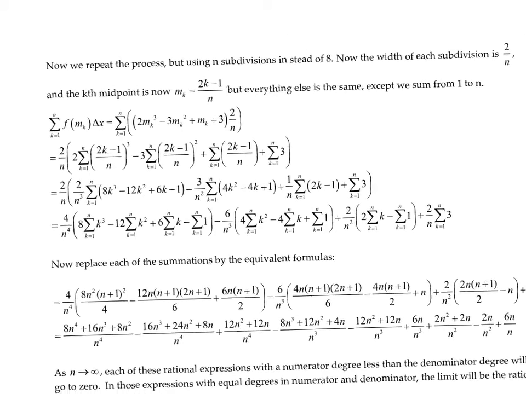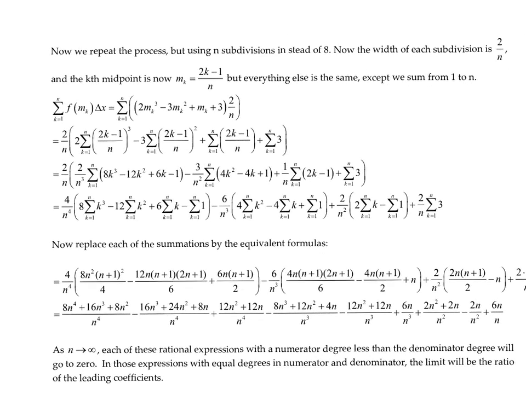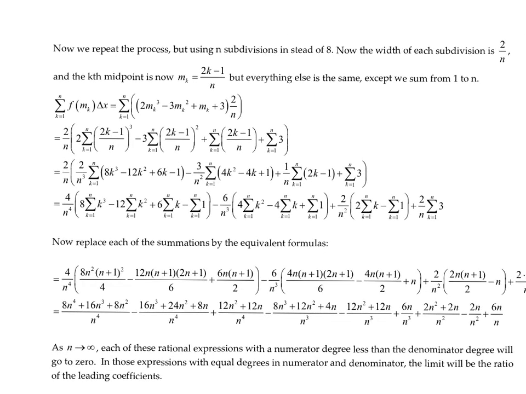For the final part of the process, calculating the area as n approaches infinity, you let the width of each subdivision be 2 over n, because the length is 2 and there are n subdivisions. The kth midpoint is now 2k minus 1 over n, but everything else is the same, except now we sum from 1 to n instead of 1 to 8. The process is almost identical, and eventually we get down to these